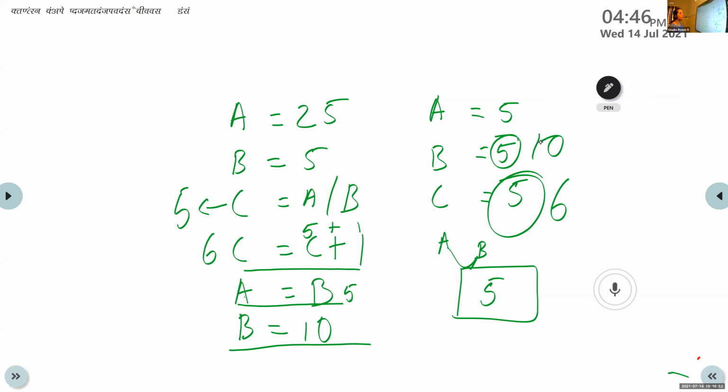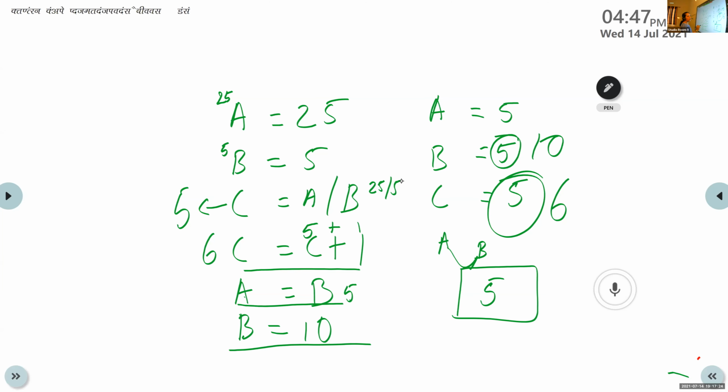So this is the way we can assign values to variables. You want to go through all the steps. After A, take one pencil and write A is equal to 25. It means after executing this statement, you write with pencil, it is 25. Then here it is 5. A by B means 25 by 5. Then the result is 5. So the content of C is 5.